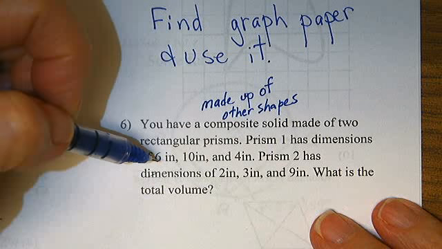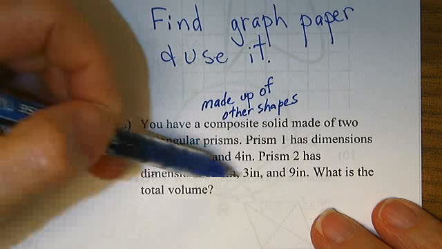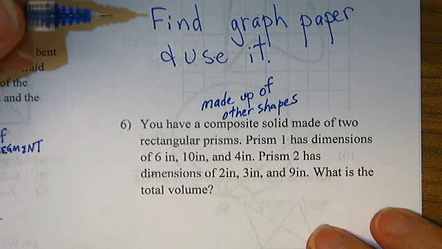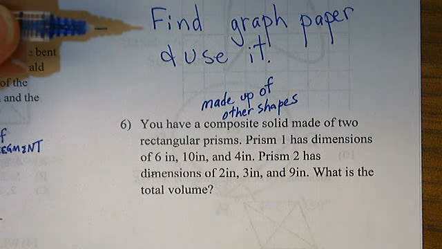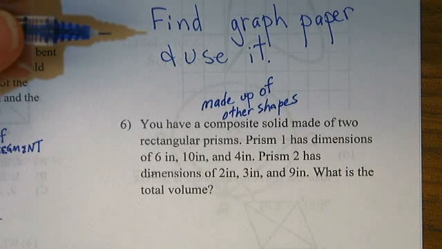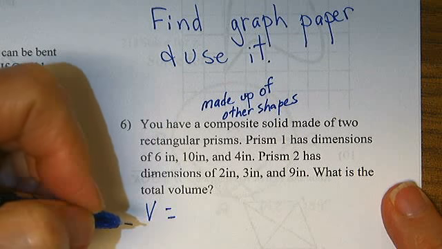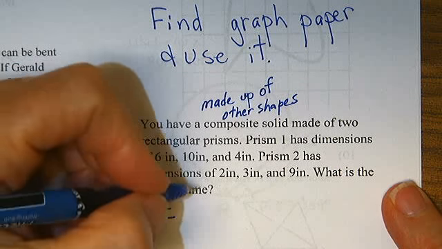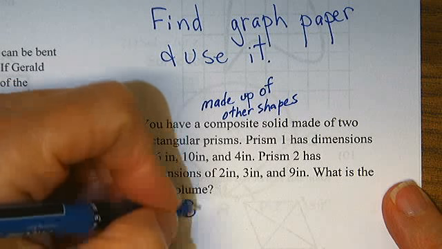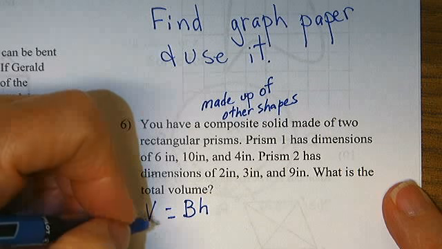Prism 1 has dimensions of 6, 10, and 4. Prism 2 has dimensions of 2, 3, and 9. What's the total volume? This is a pretty straightforward question. The formula for volume of a prism is equal to the area of the base times the height. So prism 1